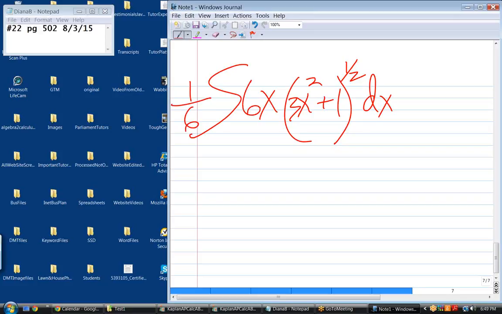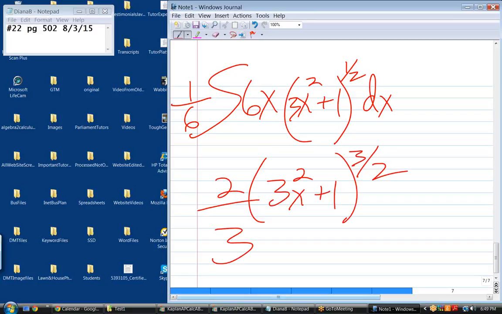using basically the power rule. And in fact, a lot of classes won't even call this U substitution. They will say, just use the power rule on this part, because the derivative of the inside is sitting next to it and is going to disappear. So I could integrate this rather quickly without U substitution by just saying, well, it's going to be 3x squared plus 1 to the 3 halves, whole thing times 2/3, and there's my integral. That quickly. I don't need to do the U over here because I can tell that I'm using the power